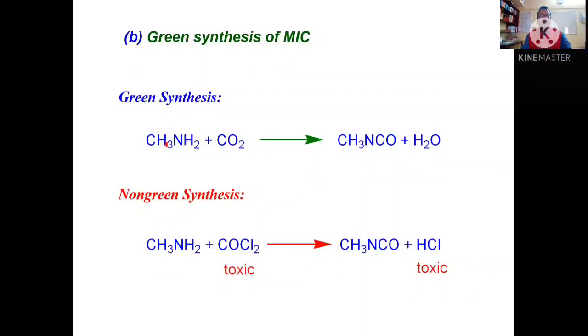They are using methanamine and treating it with carbon dioxide, using some catalyst, and they are getting methyl isocyanate. And in the non-green synthesis, they are using methanamine with carbonyl chloride. This is your phosgene, and phosgene is deadly poisonous. So you're using a poisonous material and you are again releasing toxic material. Acid is not at all environment friendly. So by using green synthesis, you can minimize the